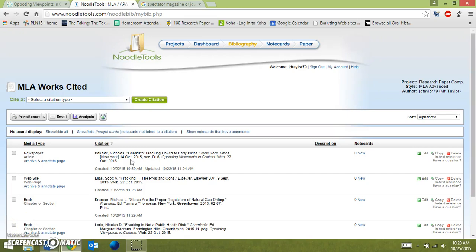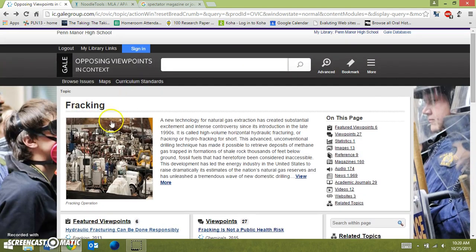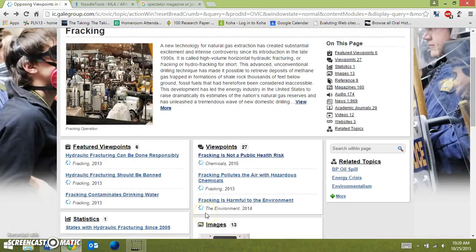Hello, this is citing a database that has a magazine article using NoodleTools. So we're going to be looking at a database again, but this time we're going to be focusing on a magazine. Over in Opposing Viewpoints, I did a quick search for just fracking, which we've been using for our